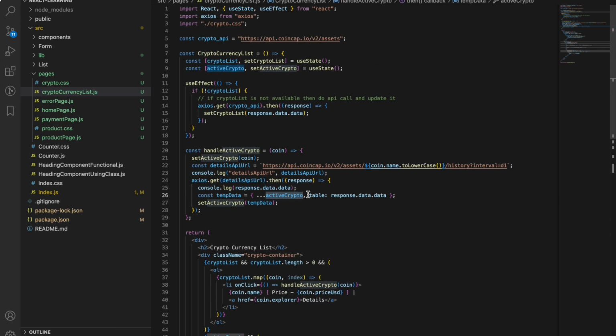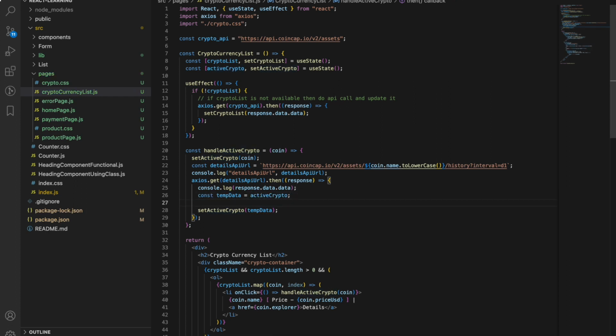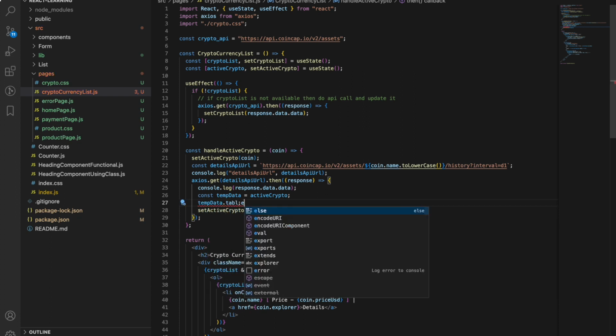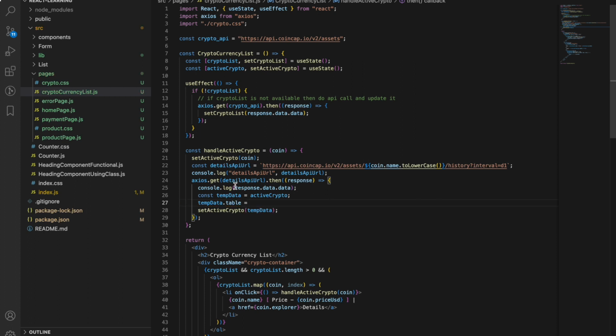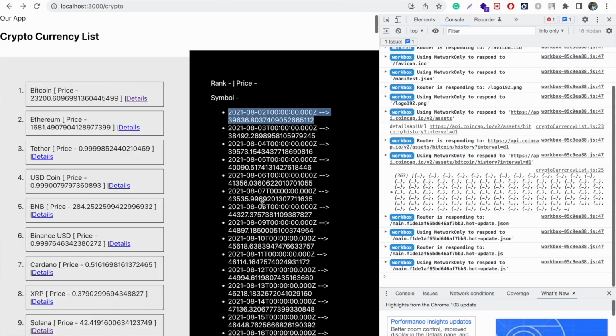So what we can do is we can keep another table, or in active crypto only we can assign this particular table data. So if we do like that, temp data dot table equal to, like that, if we do,